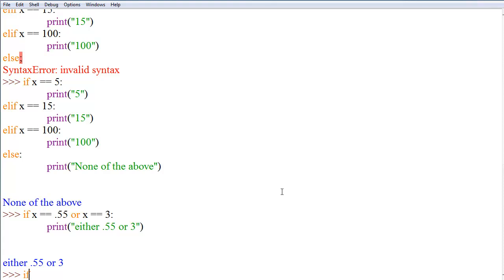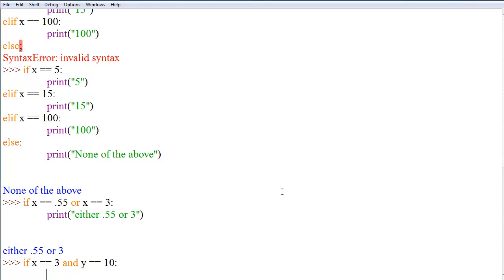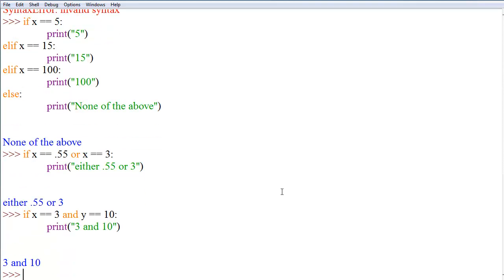And if you wanted to, you could say if x is equal to 3 and y is equal to, I think y is 10, print 3 and 10. There we go. So it works. There's a lot of stuff you can do with that, and once you get into